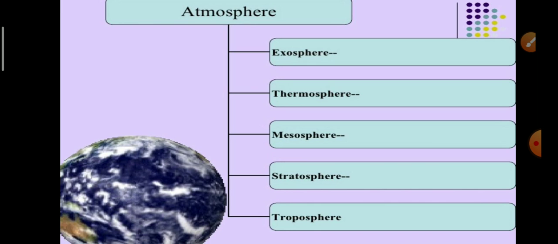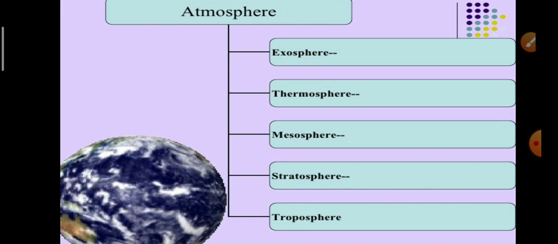So, the heavy and denser gases are found near the Earth's surface, and lighter gases are found over higher altitudes. Sorry. Based on the temperature, the atmosphere is divided vertically into 5 layers, and these 5 layers